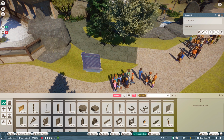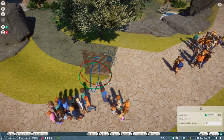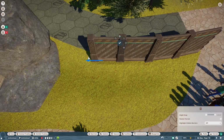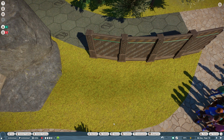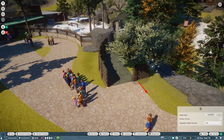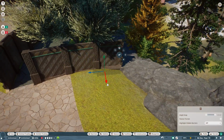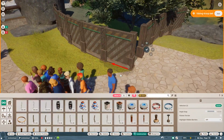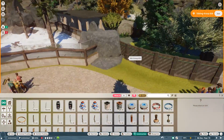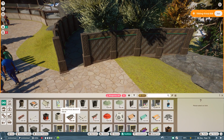For example, this one over here, using this as a pillar and also as the top piece, is already one of the newer pieces. So yeah, this entrance here, or the junction, is one of the first ones I'm going to tackle the way I do now, and you will see that quite more often in the zoo, that I will have these entrances and try to narrow them down, as you can see how I'm doing that over here. I'm just using the normal fence piece to make sure that it integrates better into the environment,